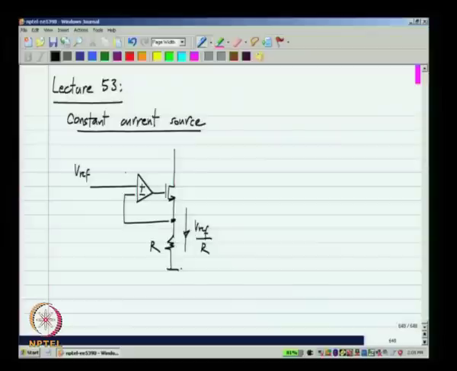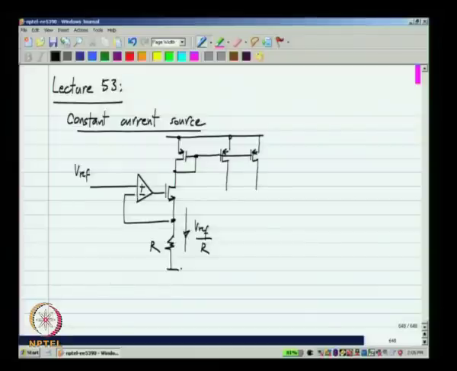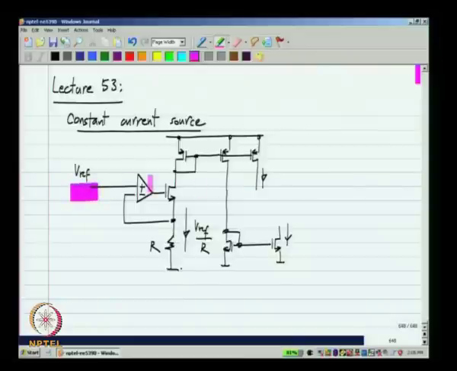Now, how to get a constant Vref we will not discuss now, we will discuss it later, and this constant current can be mirrored to a number of places using current mirrors. If we have MOS current mirrors, we can replicate it as many times as we want, and these will push current, and if we want to pull current, we can further mirror this using an NMOS transistor. So, this is how to generate a constant current source and we can replicate it. What it needs is a constant voltage source, we will later see how to do that.